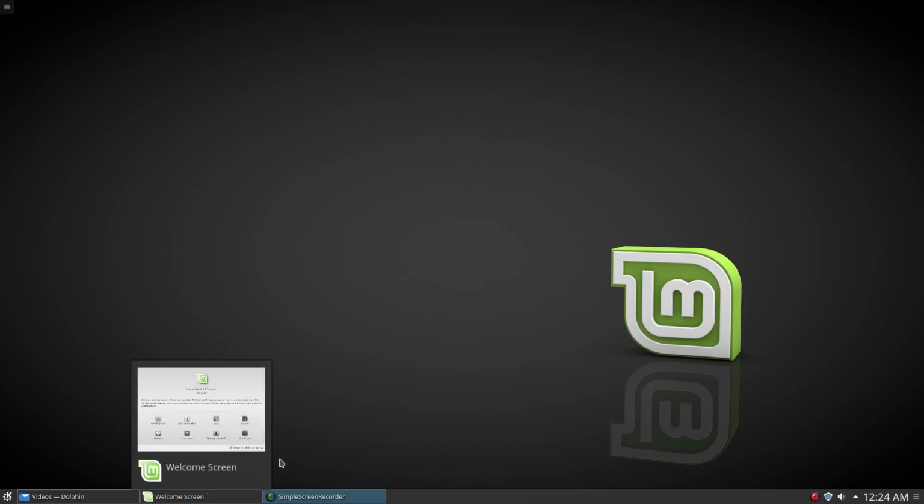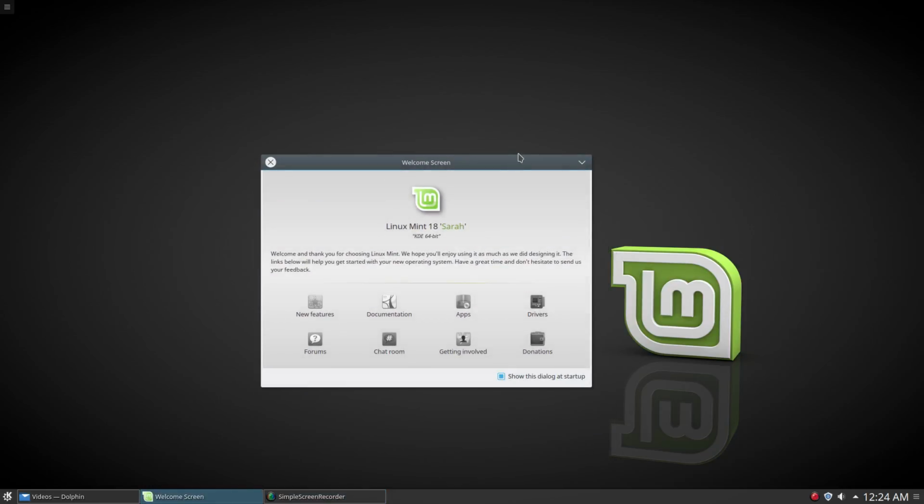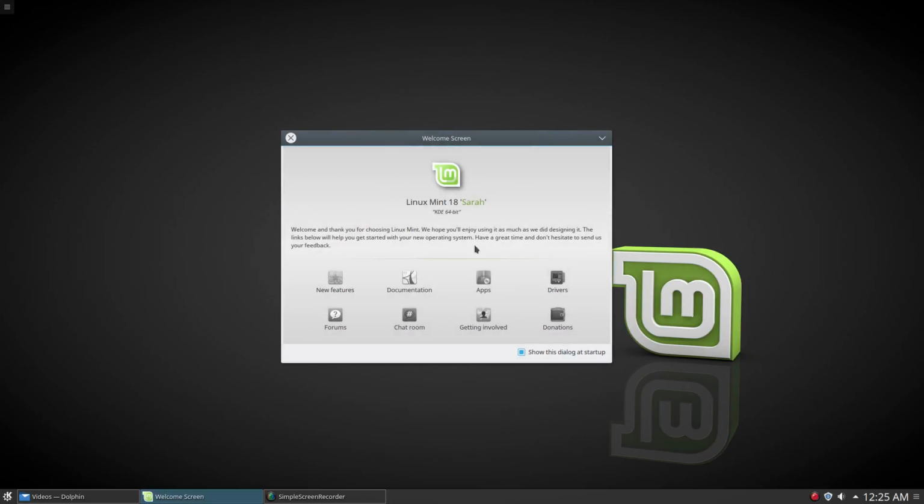So when you boot up into Linux Mint, you're going to see this, which is the welcome screen. And when I watch other videos and I see people going through the welcome screen, I'm like, oh my gosh, they're going through the welcome screen. But you know what? For new users, this is something that they're gonna need. And no, I don't need to see it, and probably half of you don't need to see